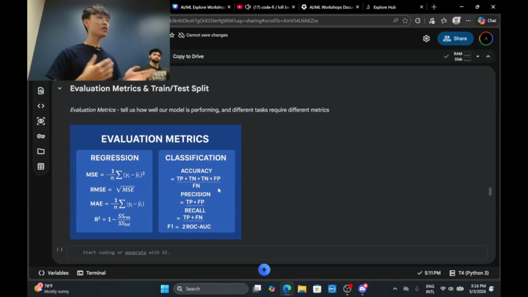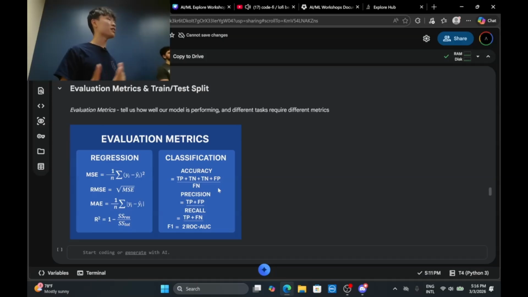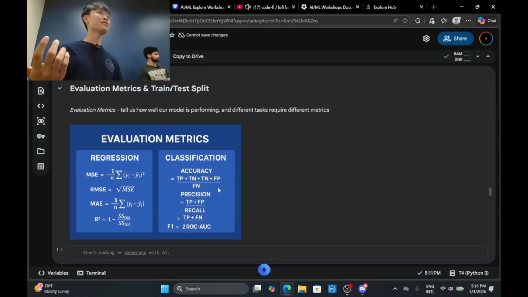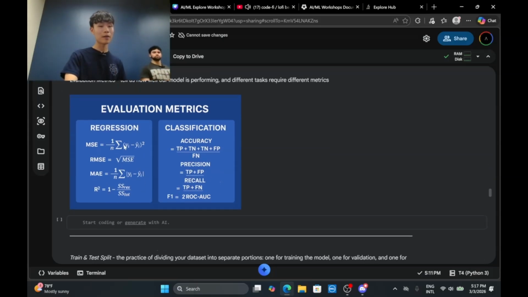What most evaluation metrics do is basically compare the model's predicted answer with the actual answer, see how wrong the model is from the actual answer, and from there give us a number that represents, oh, the model was not performing too well by this much. That's just the general idea.